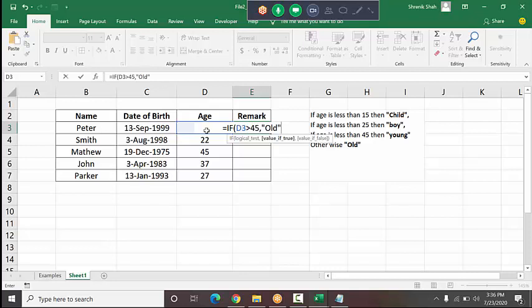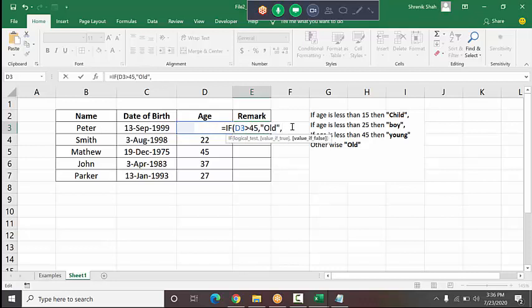Okay, please focus and concentrate only on learning right now, and after some time you also try. So here the D3 cell address contains the age, greater than 45, and here I type what? Old. If the value is greater than 45, then only old.